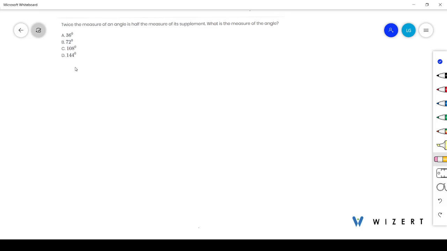Our question is, twice the measure of an angle is half the measure of its supplement. What is the measure of an angle? Let x be the measure of an angle, that is, the measure of the required angle,